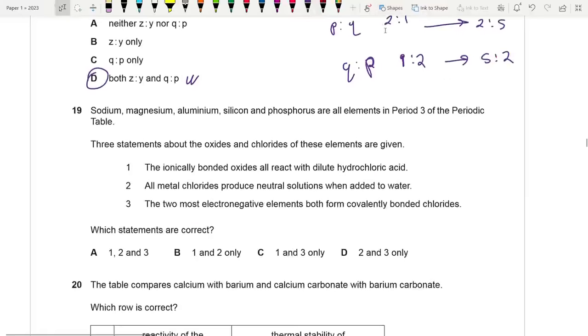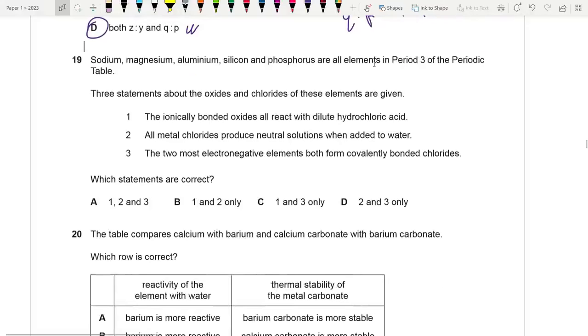Okay, 19. Sodium, magnesium, aluminum, silicon, and phosphorus are all elements in period 3. Three statements about the oxides and the chlorides of these elements are given. The ionically bonded oxides all react with dilute hydrochloric acid. So silicon oxide and phosphorus oxide, we know that those are acidic oxides. So 19, the answer for 1,